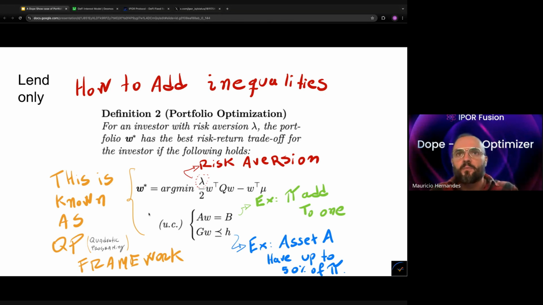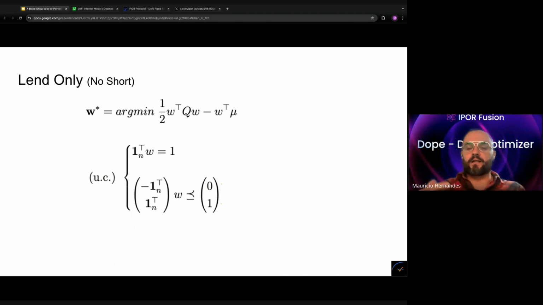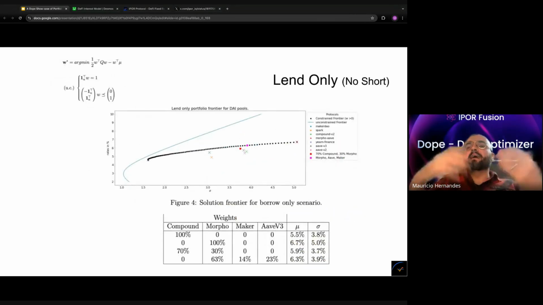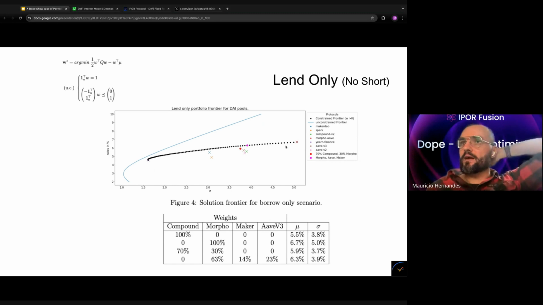And then it started becoming more like this quadratic programming framework, right? And again, we have tooling for that. If you want to play with that, we're going to give you some links. You can download it on Git and start playing with it. And if you want to frame the problem so that you can only go long, you can only deposit, this would be how you would frame it. And then the solution for that particular problem with only depositing would be the black line in this case, right? And that's where you can already see that it really feels like it doesn't belong there,